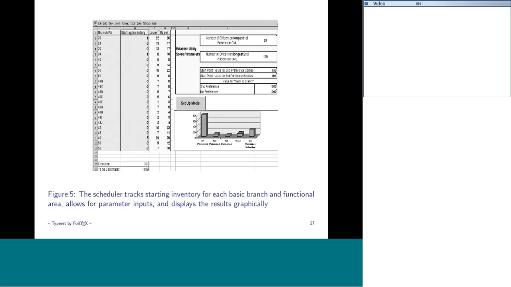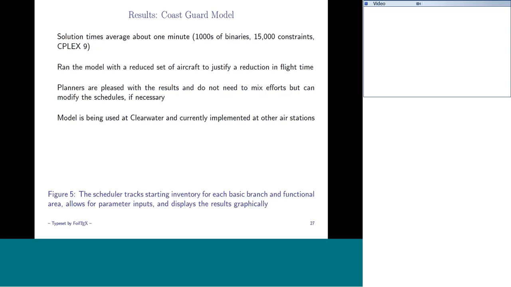The majority did. Then we have second preference, third preference, and there are a few officers who didn't receive any of their preferences, but there were even more officers who simply didn't specify a preference, which is kind of interesting. But as we see, most officers are receiving their first preference. And over on the left are the columns of the input entries and so forth, the lower and the upper bounds, and then some summary statistics in the upper right there. So that was what their tool looked like.